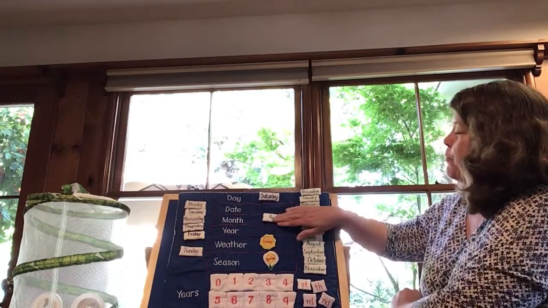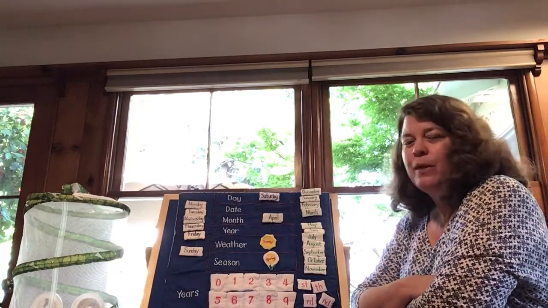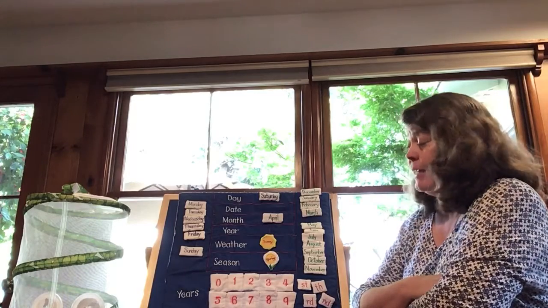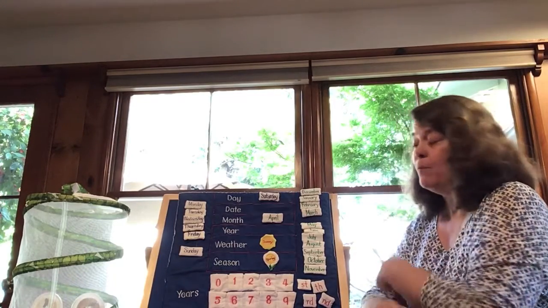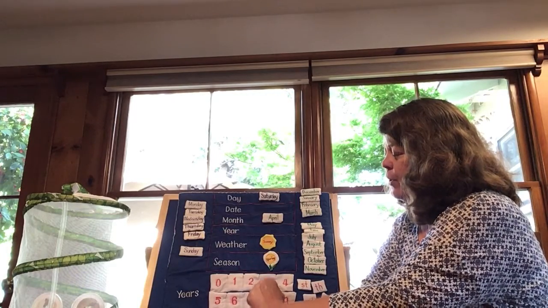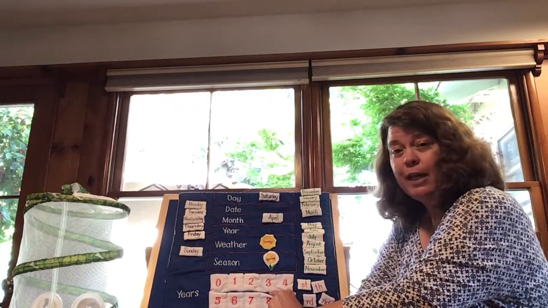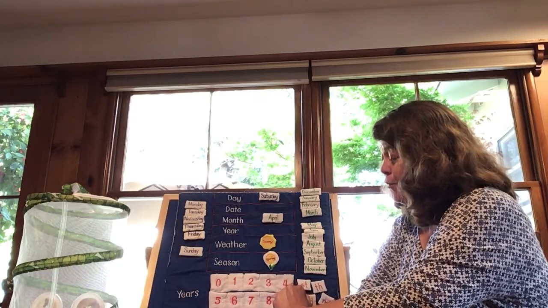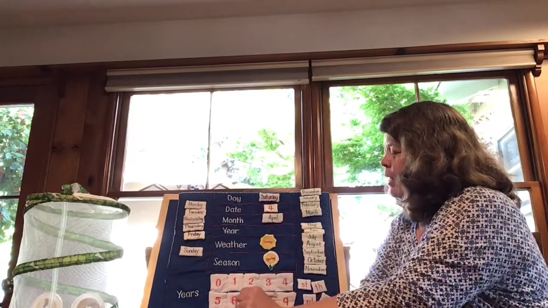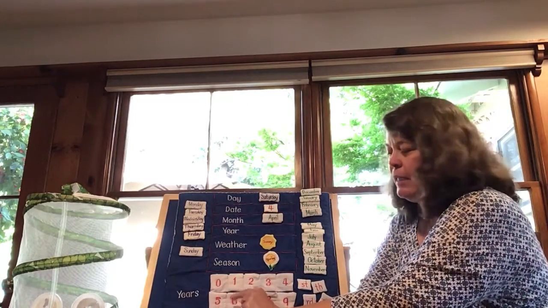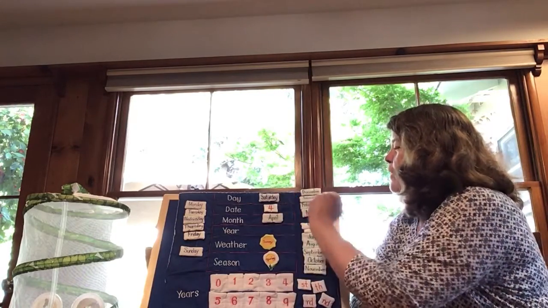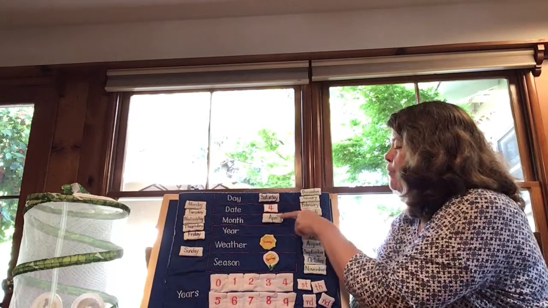And our month is April. We learned that yesterday, April. And yesterday was April 3rd. So today, let's count and figure out what day it is today. We have 0, 1, 2, 3 was yesterday, and 4 is today. So let's put our 4 up there. Today's number 4. Let's keep on counting. 5, 6, 7, 8, 9. Today is Saturday, April, the 4th day of April.